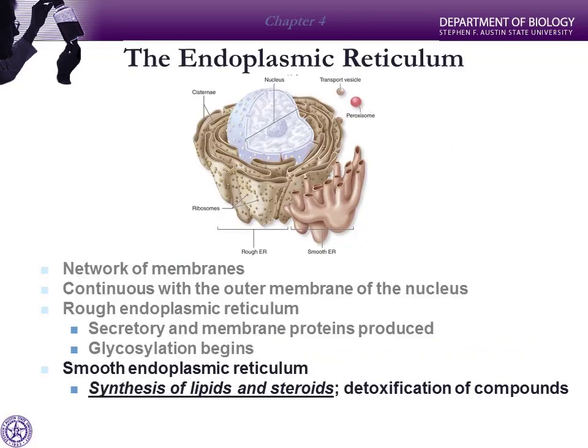Now, before we get to ribosomes, smooth ER. Smooth ER is not about synthesizing proteins, but it is about synthesizing lipids. Now, it does synthesize steroids and it's detoxing other compounds. But just imagine, as the ER is producing these proteins, from the endoplasmic reticulum, we've got to get that material to the Golgi. That's the next step. And so we're going to form these little vesicles off of the endoplasmic reticulum, these transport vesicles, that are going to move the material to the Golgi.